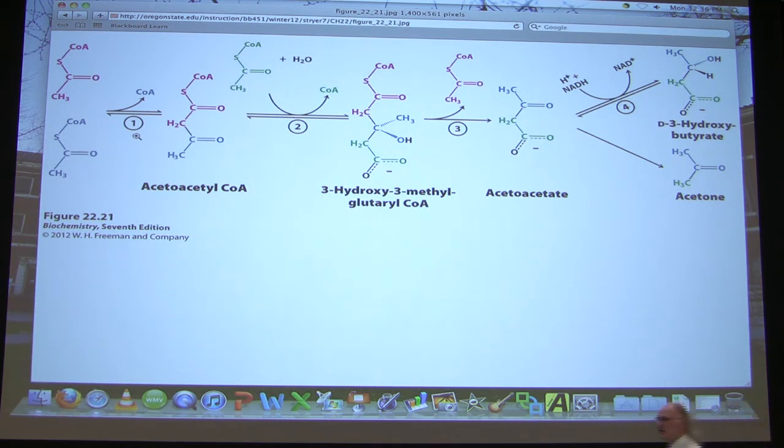It will spontaneously decarboxylate to yield acetone. Now, this turns out also to be of critical human health importance. The important piece of this is we're making ketone bodies when we're very low in glucose. People who have some forms of diabetes have real highs and real lows of glucose. And one of the ways in which they discover they're diabetic without any other indication is if you can smell